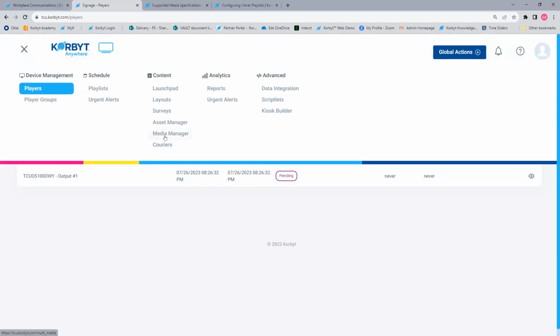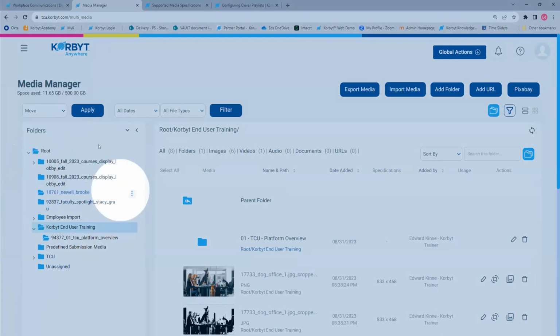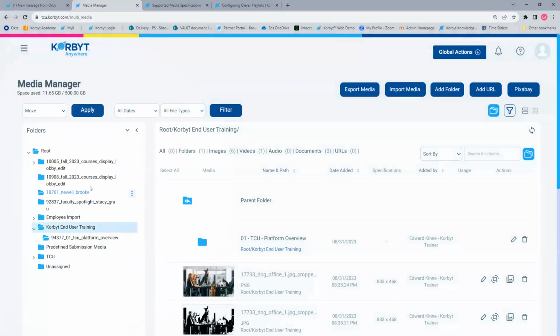So as far as Korbyt's concerned, yes, because if I can see it in the media manager, I can use it. What will likely need to be set up is a space where you can put those items that all those other users can see, because I know there are controls to stop everyone from seeing all content.